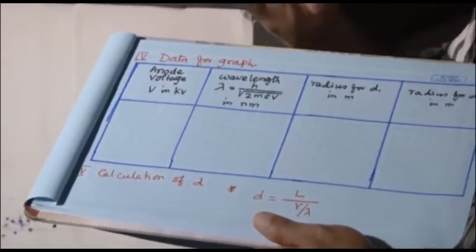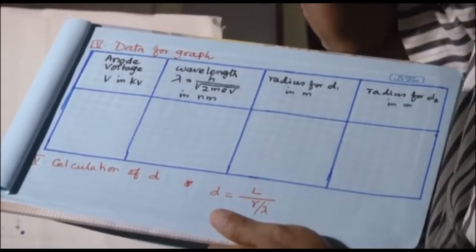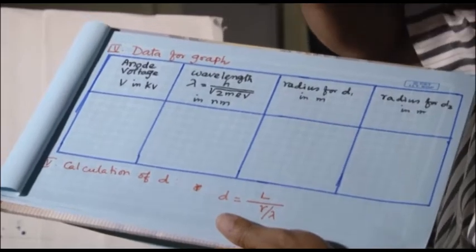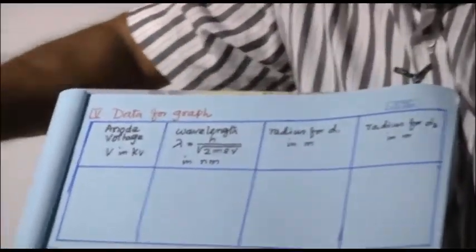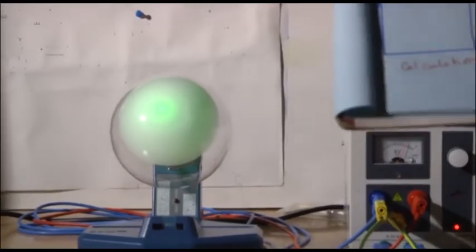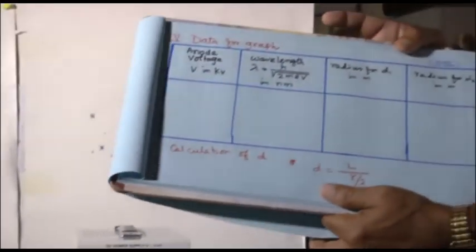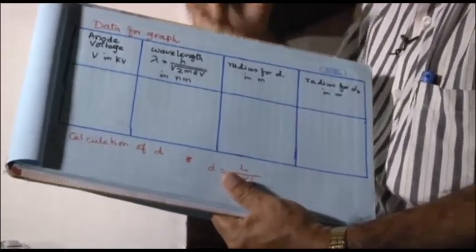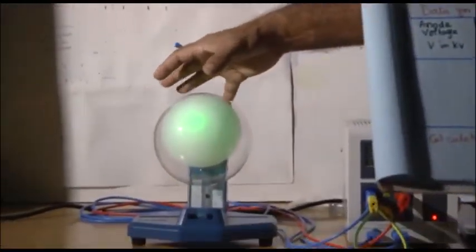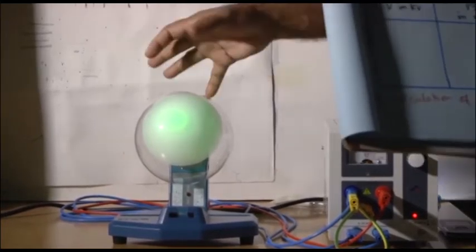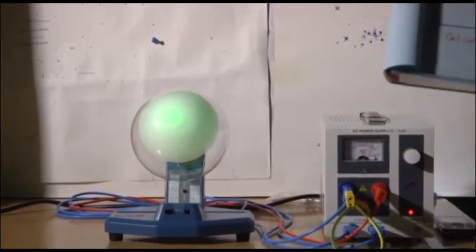Other planes are there, but their angle is either very high or very small, so it is not in this range. That is why we are seeing just these two rings. This also depends on the distance between these two. More rings could be seen, but here the distance capital L is fixed, we cannot change it.